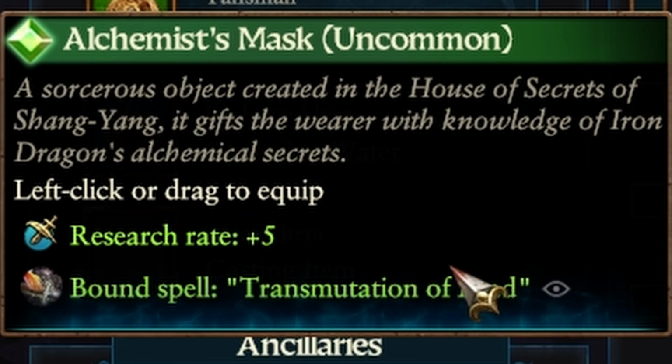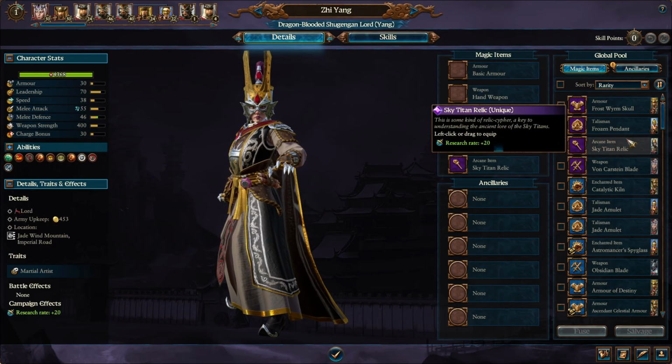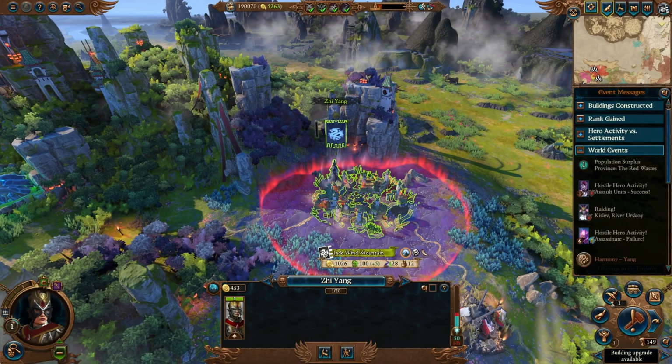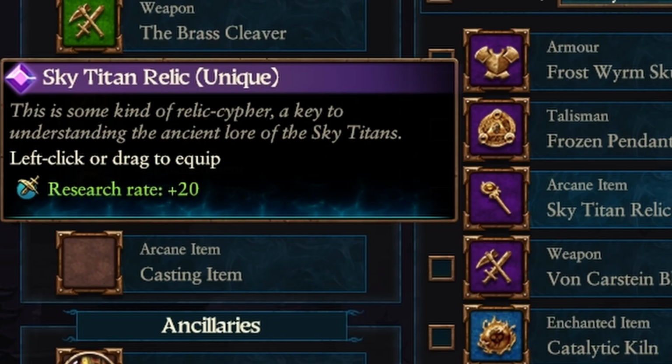Alchemist Mask is another item that provides you with research rate. If you want to get this additional research rate, but you don't want to use the item on your heroes or your lords in the battlefield, you can always recruit a lord, equip this item on them, and then disband them, and they're going to keep the item and the research rate effect, so you can research your technologies a lot faster. Sky Titan Relic is a unique Cathayan item that you would get from completing the caravans, providing you